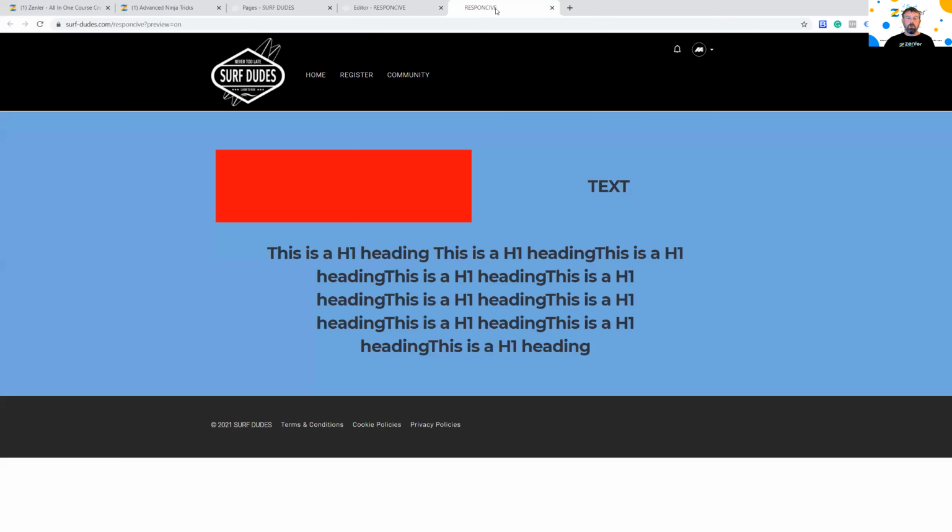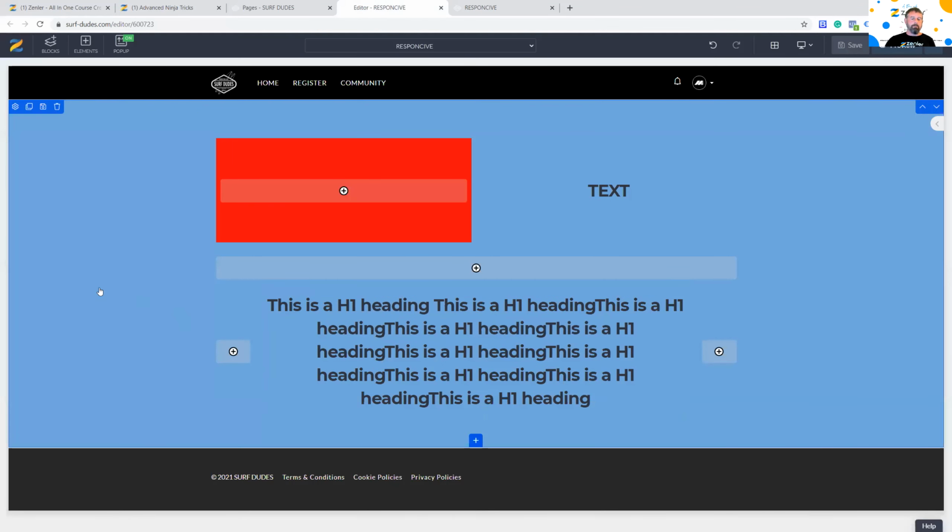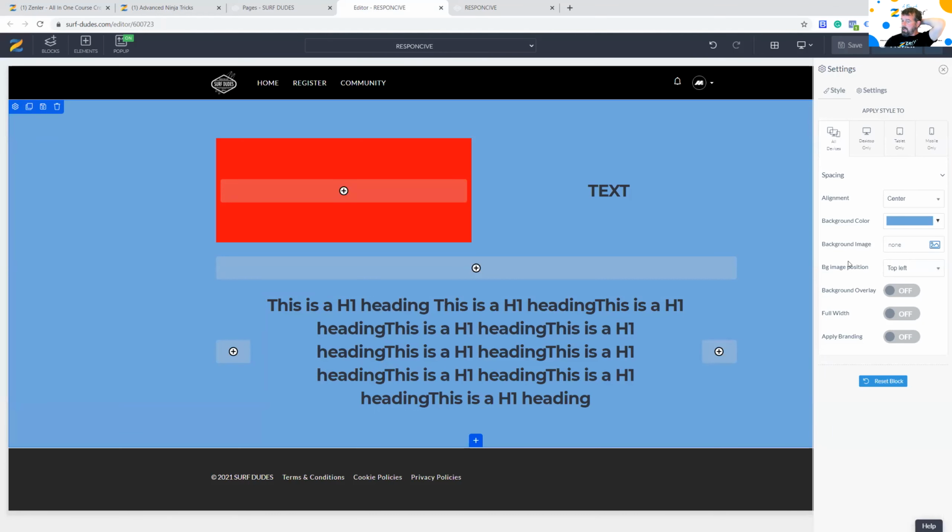That brings me on to the next thing. Sometimes people like nice little underlines and things, and by default you can't really do it. If you go into any of the block settings, you don't get to put a border around the outside with top, middle, left and right. But you can create it really easily. You can create a little border area.